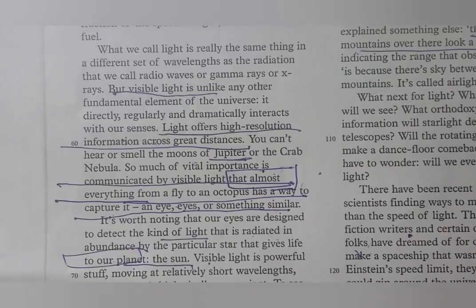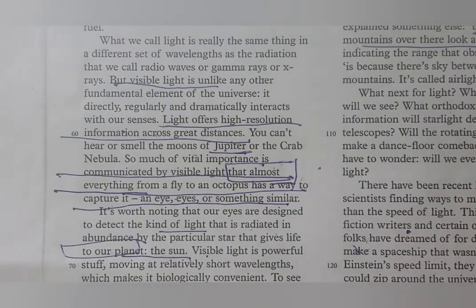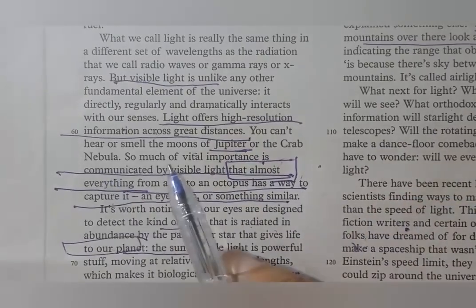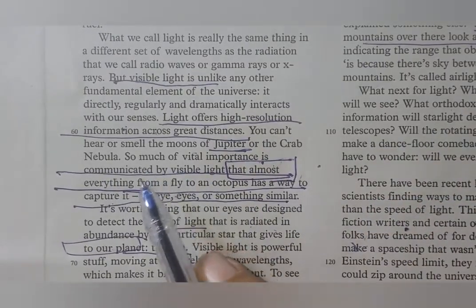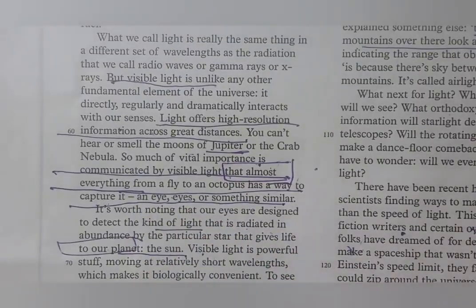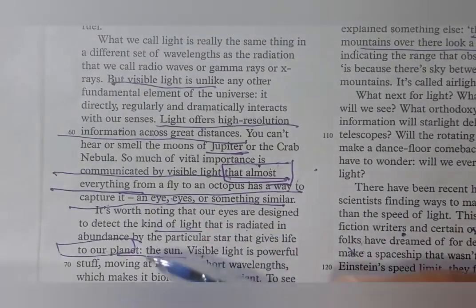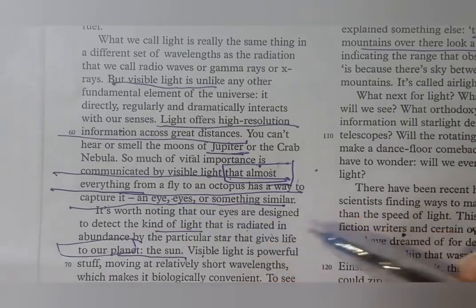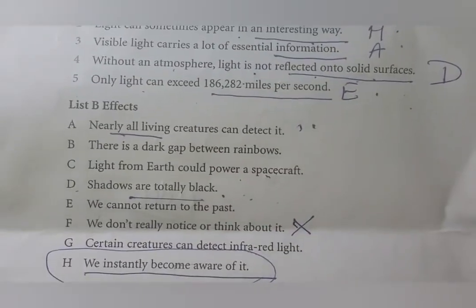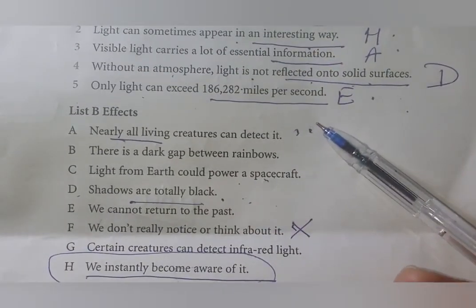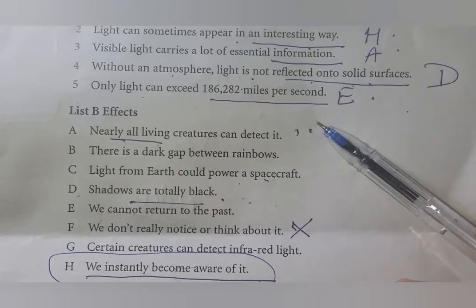अब इसमें उसने कहा कि इन्फॉर्मेशन देती है, आगे जाके उसने क्लियर करा कैसे पता लगा। सो मच ऑफ वाइटल इंपॉर्टेंस इज दैट ऑलमोस्ट एवरीथिंग, दैट भी आ गया, सो मच भी आ गया, फ्लाई टू द ऑक्टोपस, कि हर किसी को इन्फॉर्मेशन देती है लाइट, आइज, राइट, और समथिंग सिमिलर। और इसने बड़ा यहाँ क्लियर किया है, आप देखो यहाँ से ए का क्रिएचर्स कैन डिटेक्ट इट, तो ये मेरा मैच हो गया।